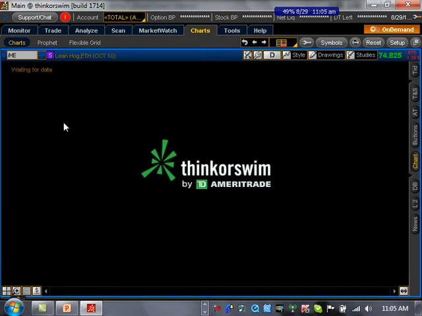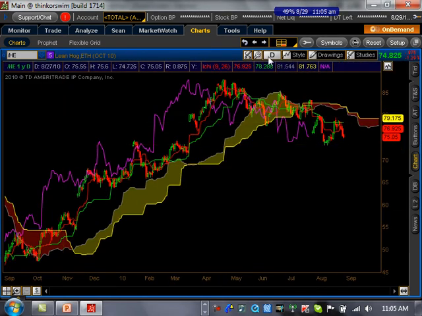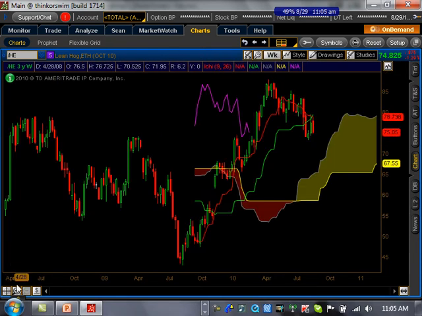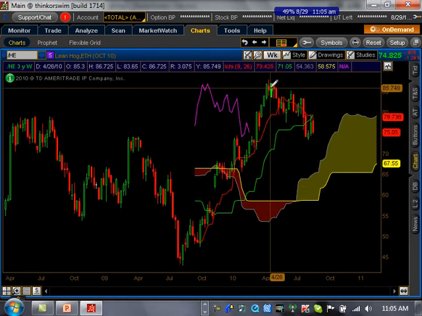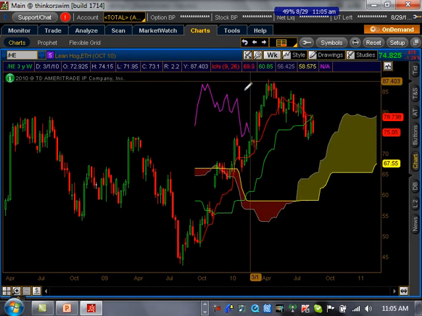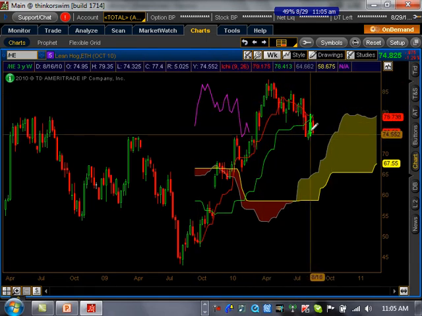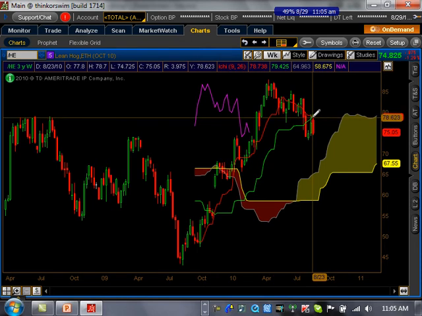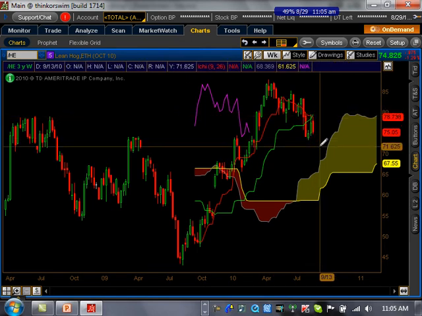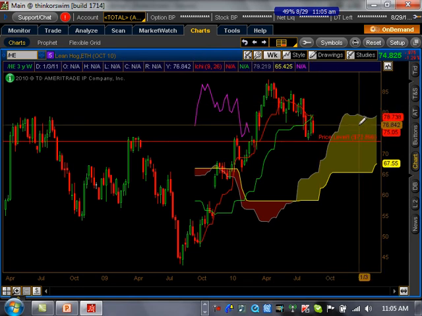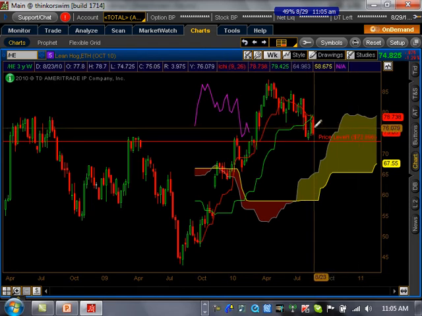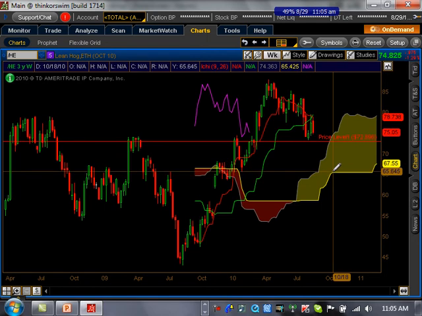Okay, let's go look at lean hogs. Let's go look at the weekly time frame. If you look at the weekly time frame here, there's not enough data, that's why the chart looks that way. But if you look here, it came all the way to the Tenkan-sen Kijun-sen, which we expected as a pullback. Now we're expecting it to go a little lower here. However, this big thick cumulus cloud is going to stop this thing from starting a bearish trend, unless it becomes very volatile and makes a big move going all the way down here